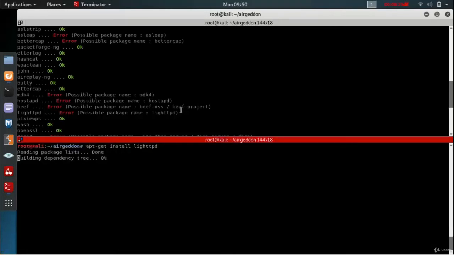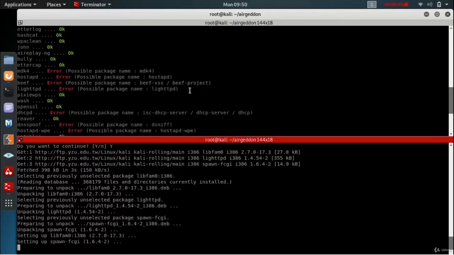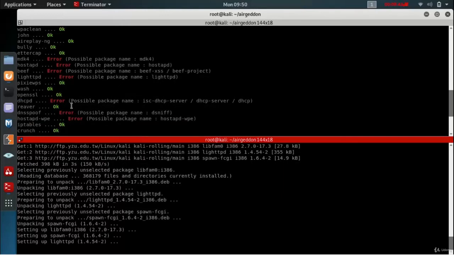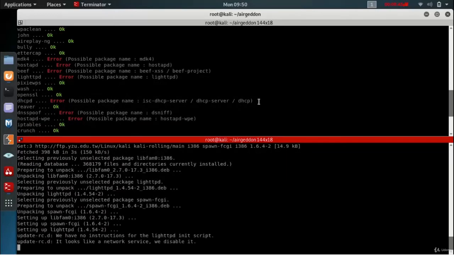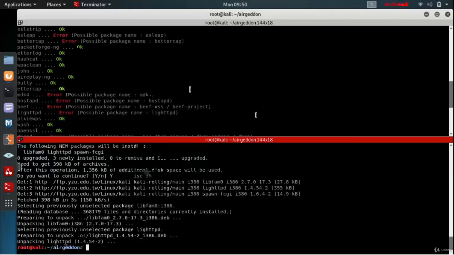Then we'll install lighttpd. So type apt-get install lighttpd, press enter. Now we've finished with lighttpd. We can go ahead to the next one,